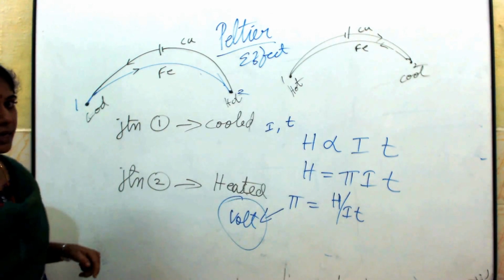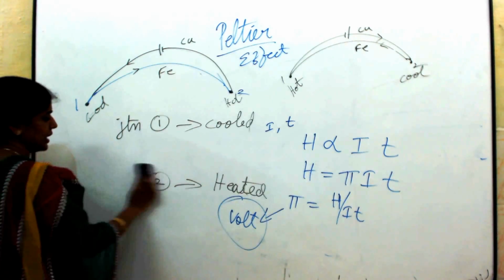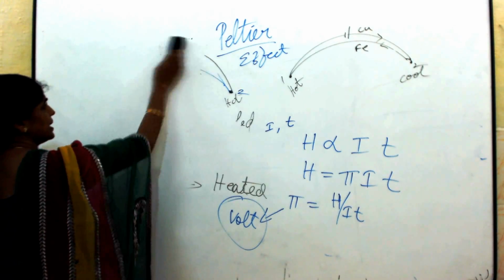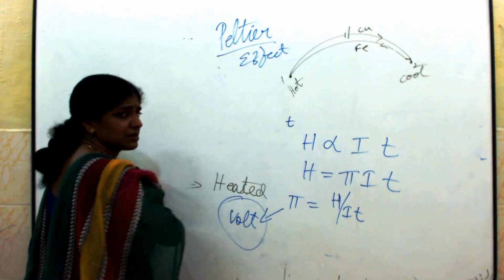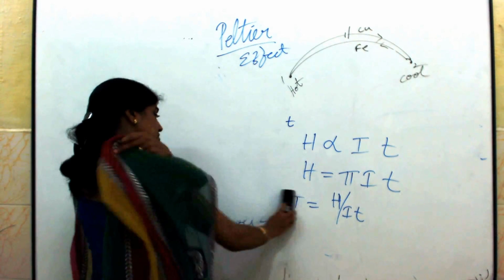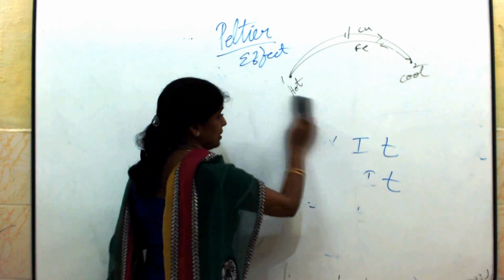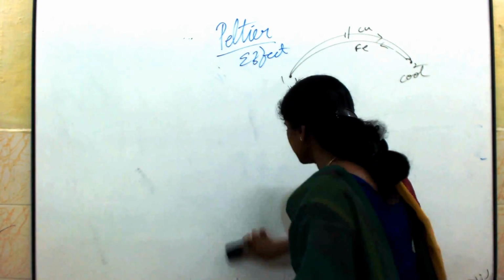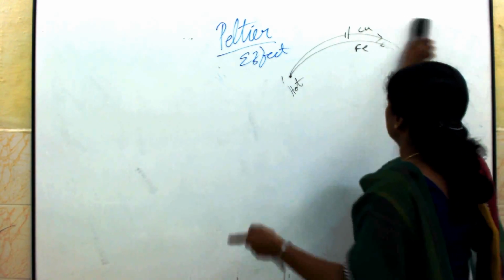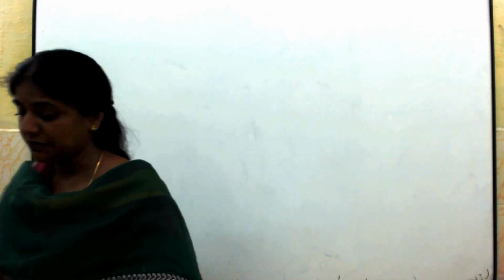Because of that we are getting a current that we call thermoelectric current. Now what happens when a metal is taken and it is heated? It is not heated evenly. It is heated so that the current is not produced or evolved. It is just heated in an uneven manner. If that is the case, what happens for different pairs of metals? Different metals we are going to see, that we call the Thomson effect.